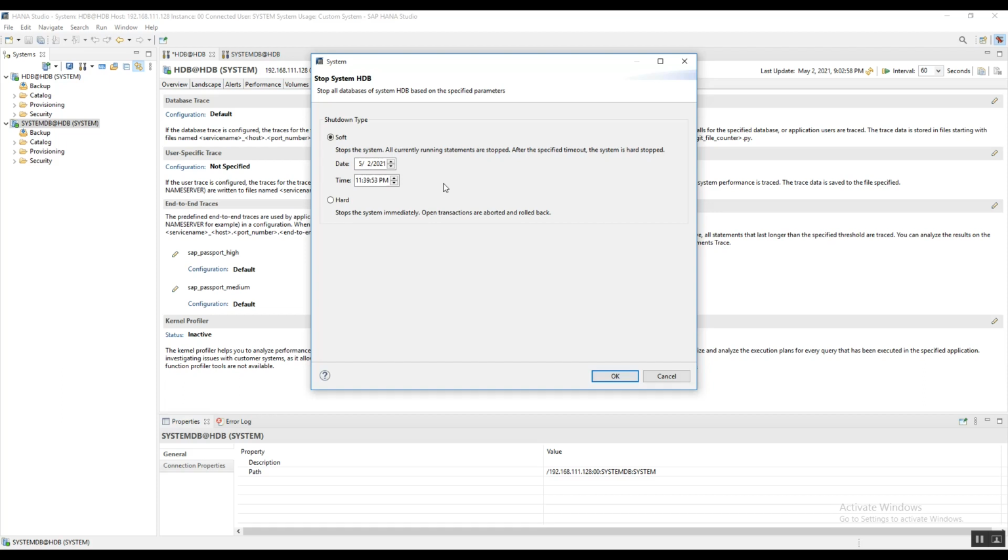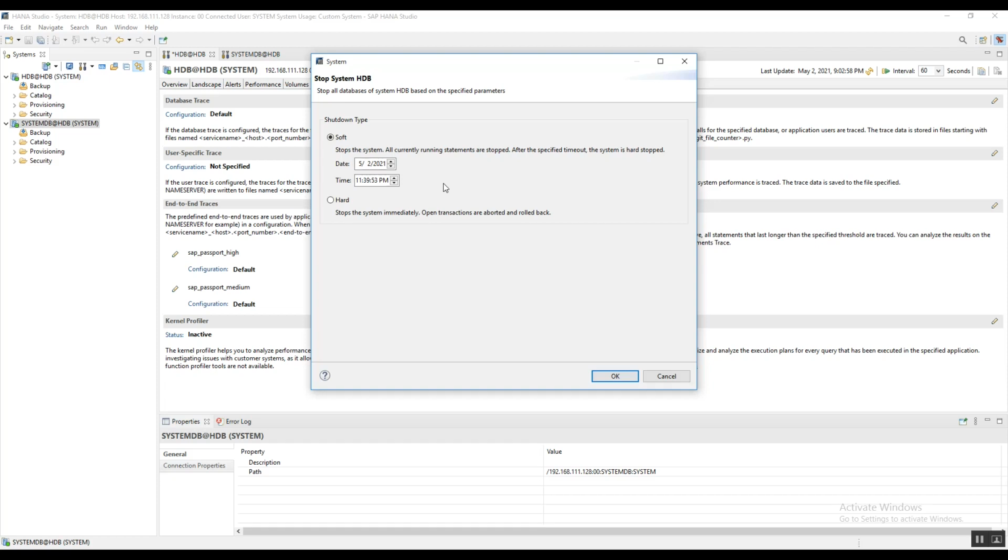If we select the hard shutdown, it instructs the database processes to start the shutdown sequence immediately. It does not kill the database processes, but it still represents a graceful shutdown in which the system processes can terminate in a controlled fashion.